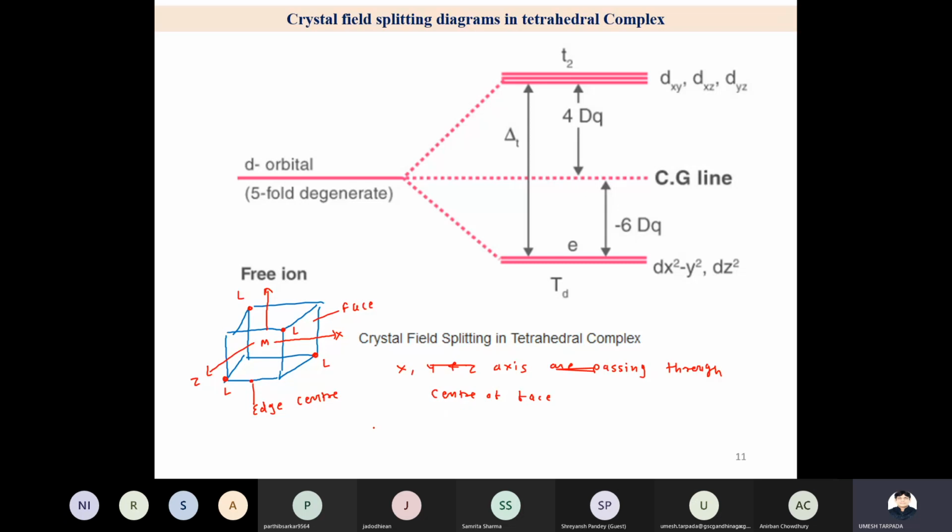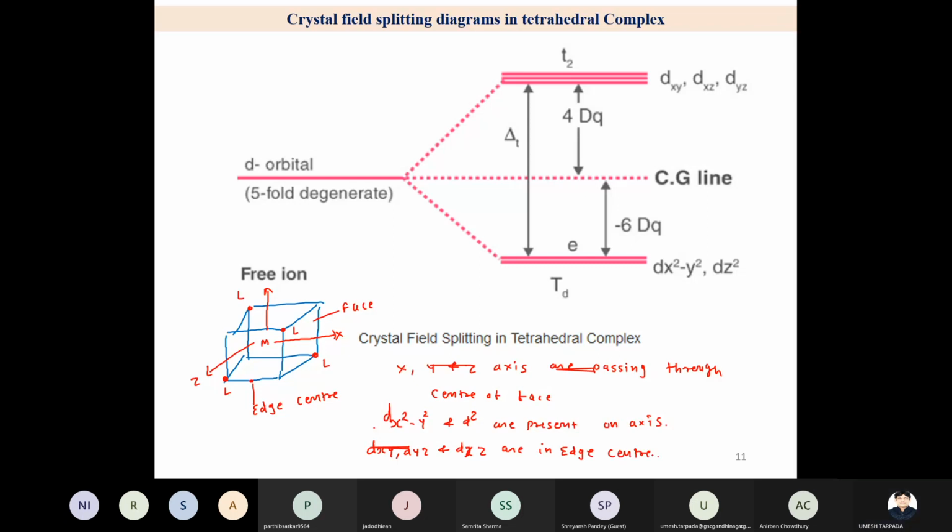जो बाकी के आपकी जो तीन एक्स वाई जेड तो मैंने लिख दिया, तो उस हिसाब से dx square minus y square and dz square are present on axis. ओके, और बाकी की जो है तीन ऑर्बिटल दैट इज प्रेजेंट इन बिटवीन एक्सिस, दैट इज इन द एज सेंटर. बाकी की जो तीन ऑर्बिटल है dxy, dyz and dxz are in edge center,